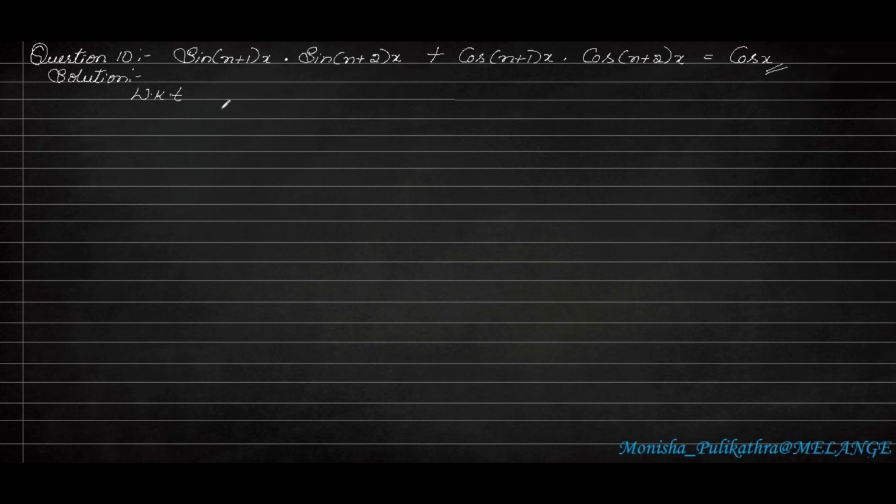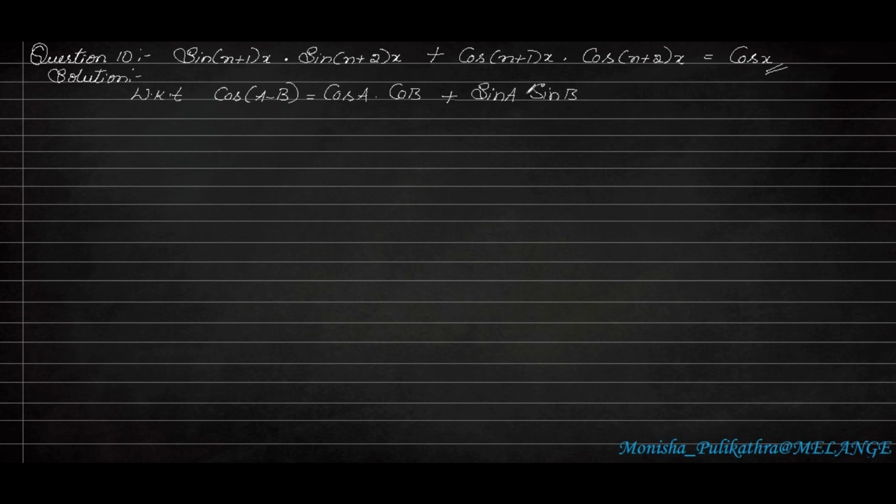So we have to memorize and be well versed with all the formulas in trigonometric equations and functions. If we don't have good memorization of all these formulas, we can't do the problems properly. And here we have a formula called cos(a minus b). So cos(a minus b) is equal to cos a cos b plus sin a sin b.